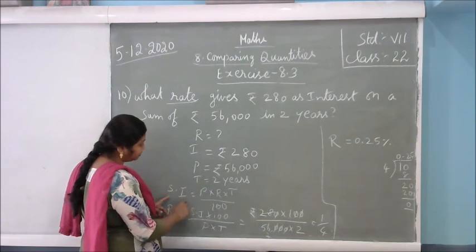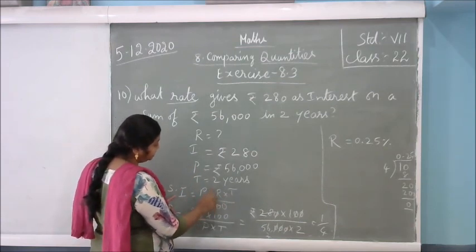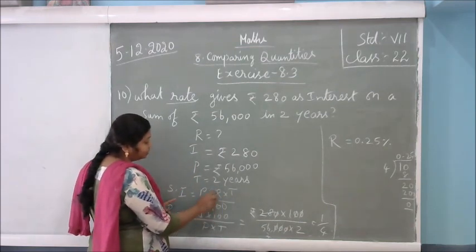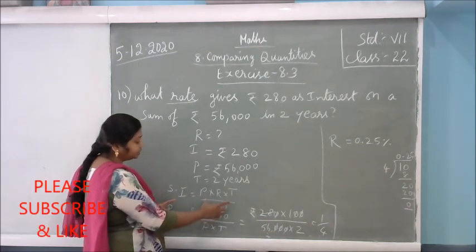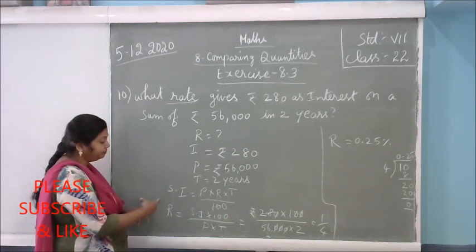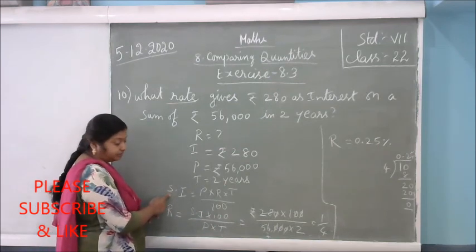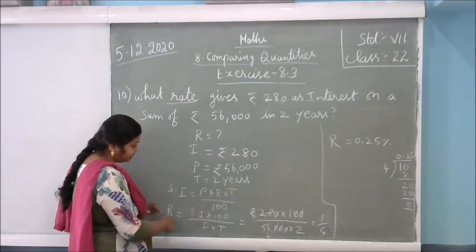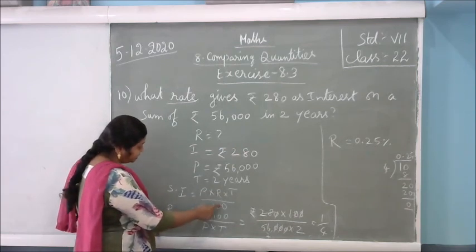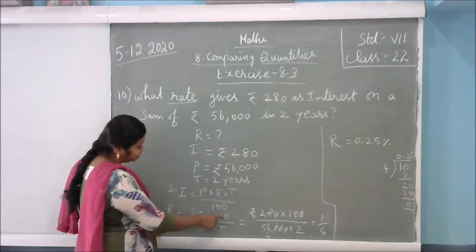Yes, simple interest. What is the simple interest formula? P into R into T, divided by 100. In this, R you should find out now. So the other variables and numbers should go to this side, the left hand side. So R you have to keep it here, that I wrote on the left hand side. So this number will go this side, means SI into 100.